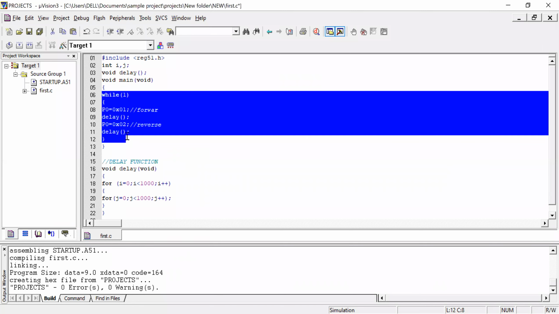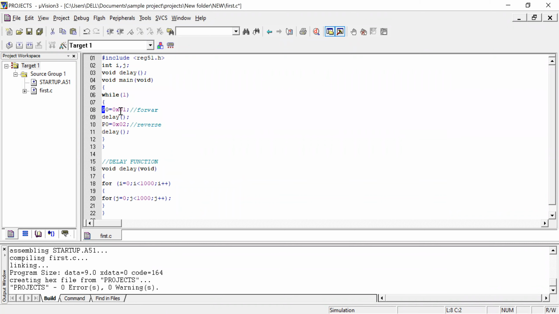In port 0, I'm providing 01. We are taking the 8051 microcontroller.